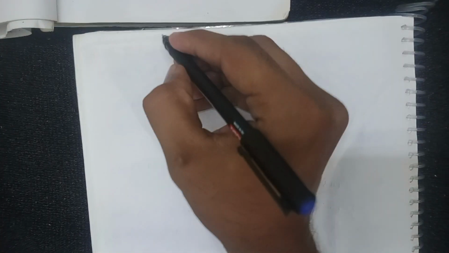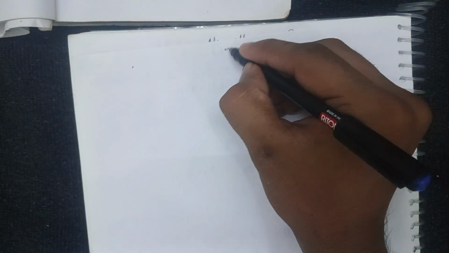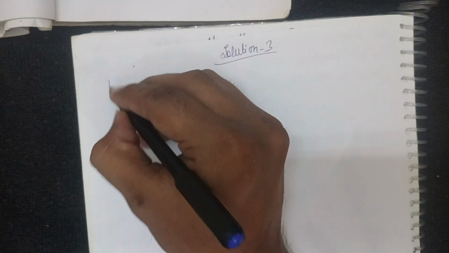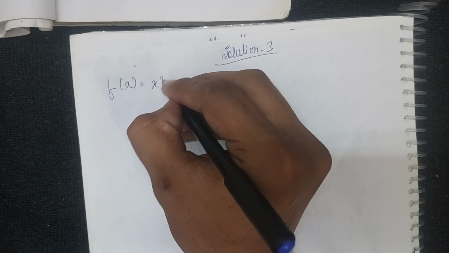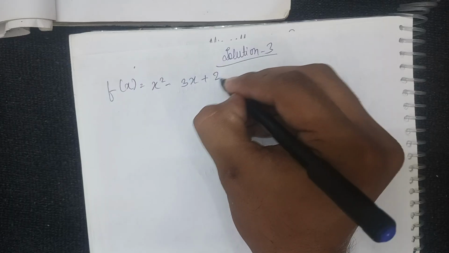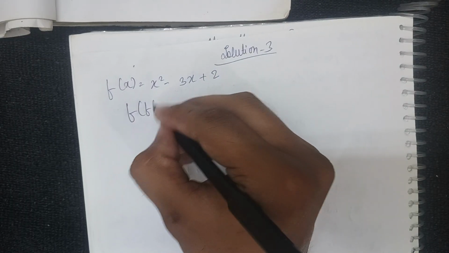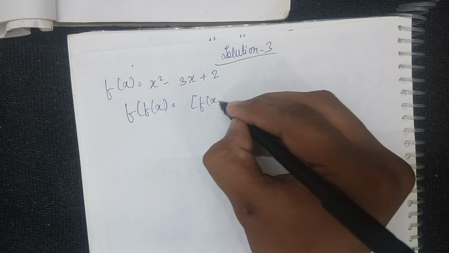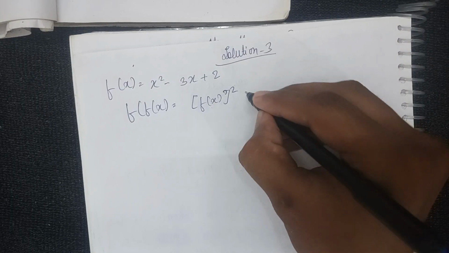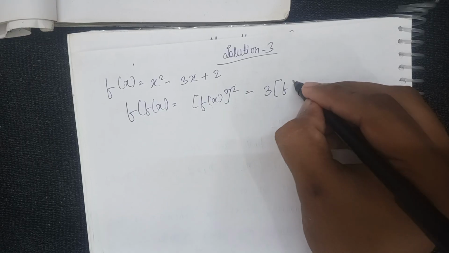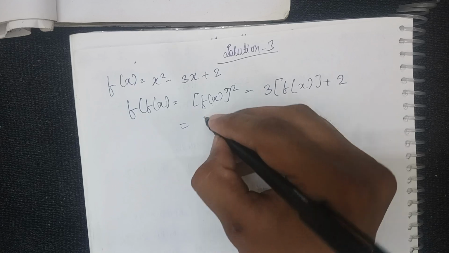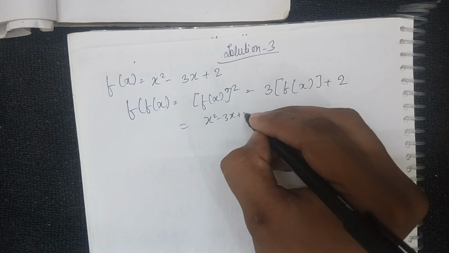Solution for question number 3. f(x) is equal to x square minus 3x plus 2. So f(f(x)) is equal to (f(x)) whole square minus 3 f(x) plus 2, which is (x square minus 3x plus 2) whole square